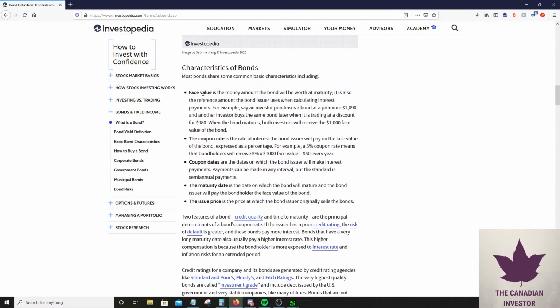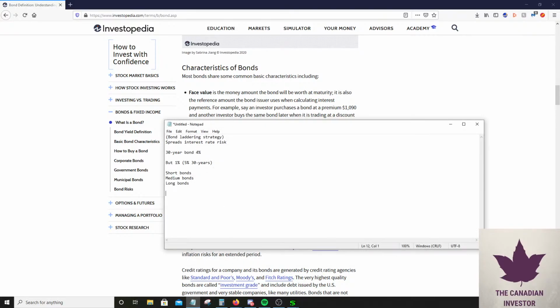The face value is basically the money that you're lending out. All bonds trade around $100 in this game. Well, they trade above $100, but this is known as a par bond. If the bond goes a bit above 100, it's known as a premium. And if it's below 100, it's known as a below par bond. So what I'm probably going to be doing is looking for below par bonds in this game because they're trading for less than 100.